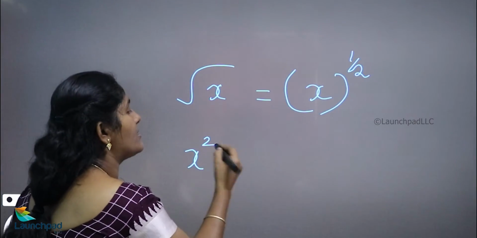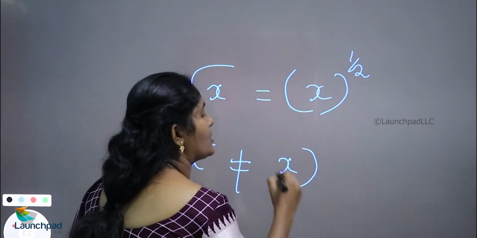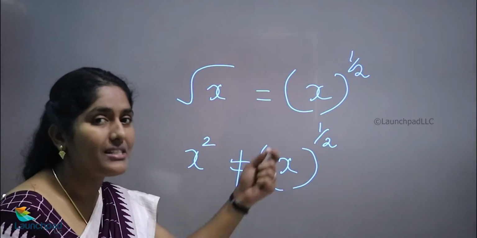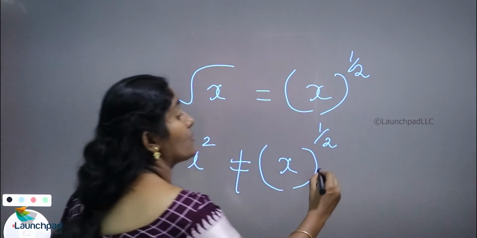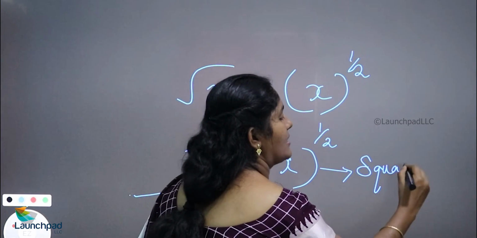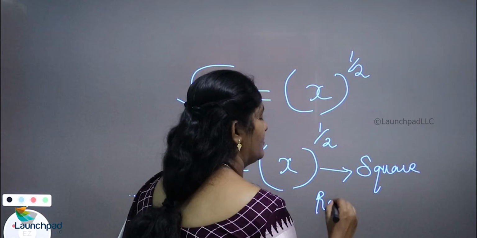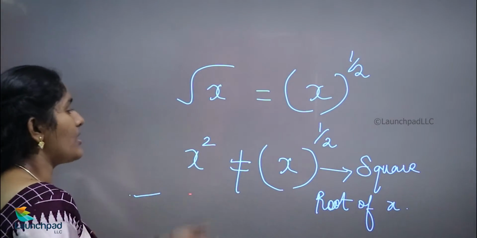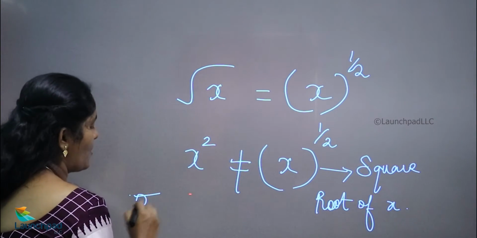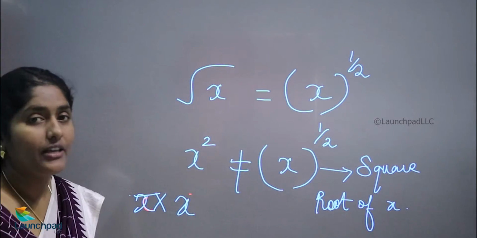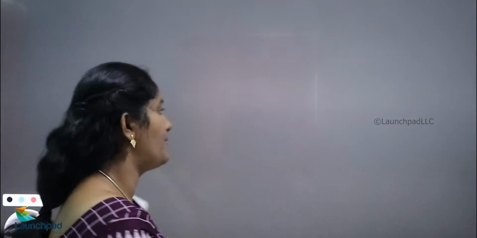So x square is not equivalent to x to the power of 1 by 2. X to the power of 1 by 2 means we want to find the square root of x. This x square means we need to multiply that x value 2 times, x into x. We will go on to find the square root for